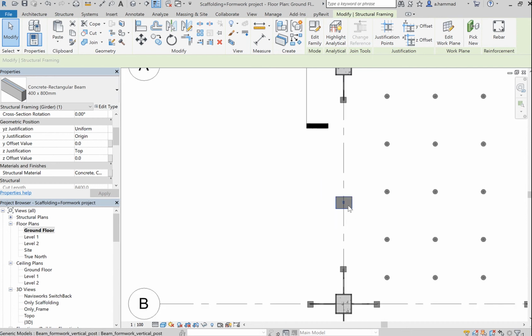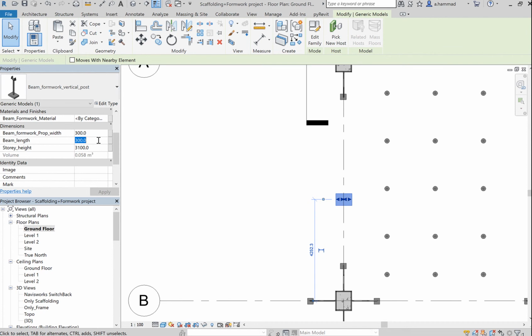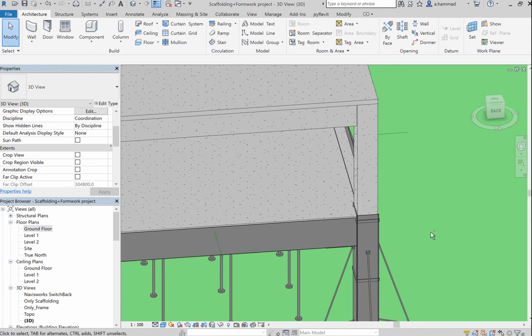we want this to be set up so that the spacing is 400, maybe a bit bigger as well, to take into consideration the formwork that is placed on the outer side of the beam. So change that to 400 and maybe 20, say. And if we have a look at it in the 3D view,